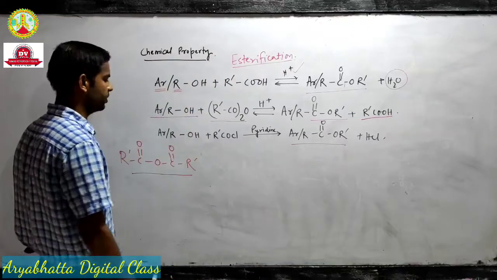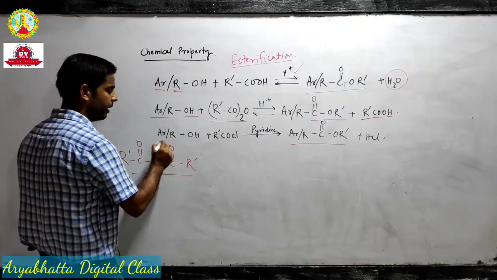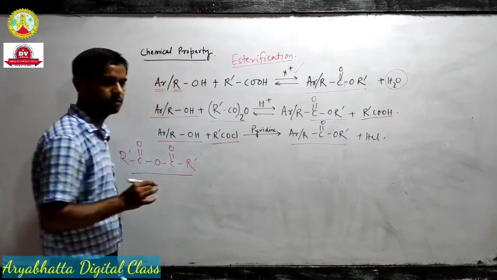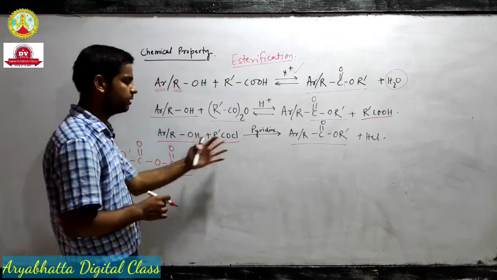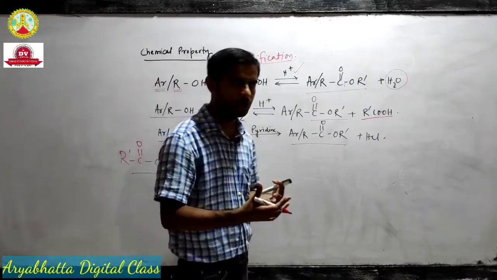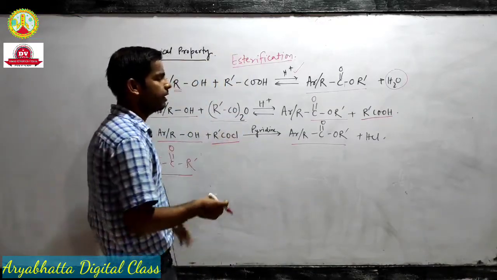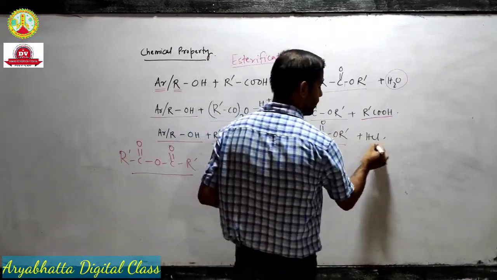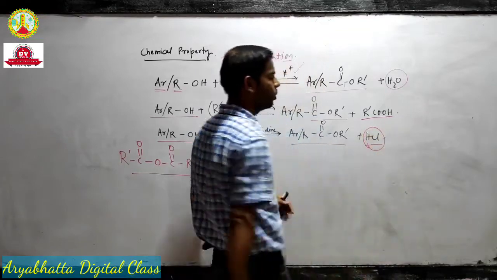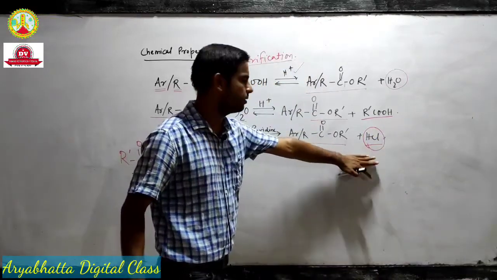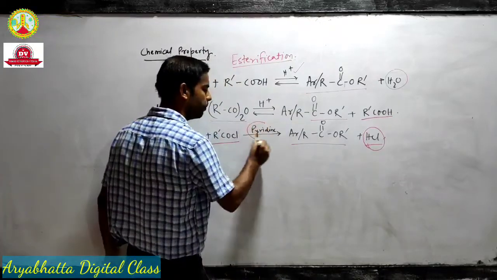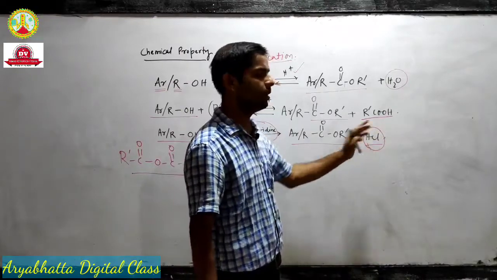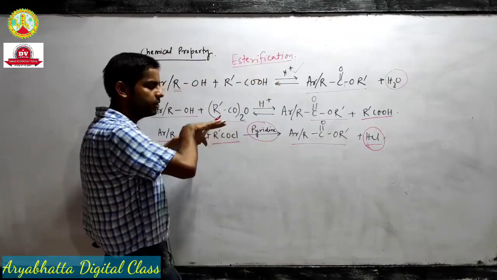Okay, and in the third reaction we are taking alcohol or phenol with carbonyl chloride. Okay, carbonyl chloride, this is another acid derivative, and when it reacts, it produces ester and HCl. Since HCl is an acid, to neutralize this hydrochloric acid, we have used pyridine here. Pyridine is a base, so it will neutralize the HCl produced in the reaction, so that the reaction takes place